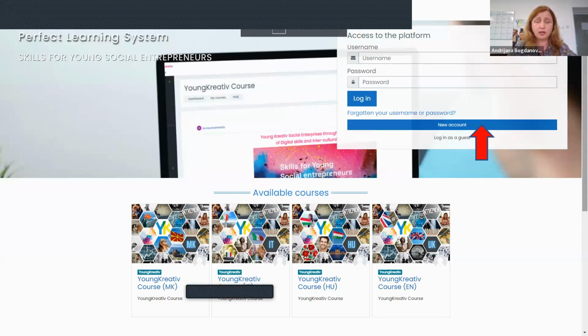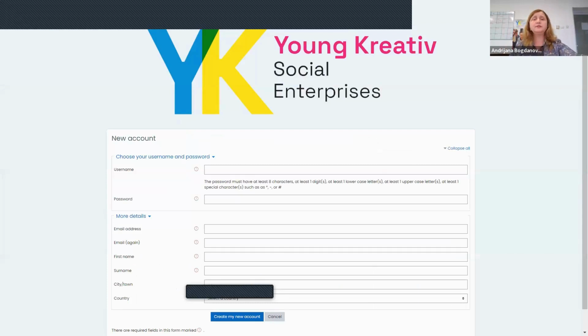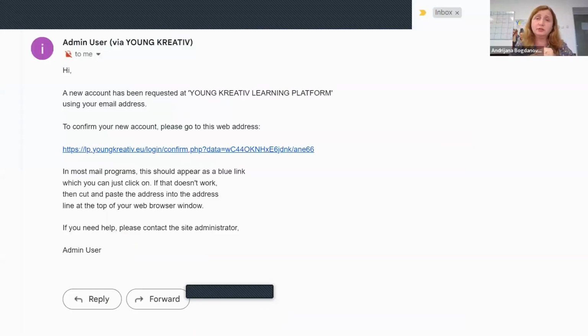So when you press the new account toolbar, you receive a very standard questionnaire. It is much simpler in our case, where you are only requested to enter very little information about yourself, in order for us on this side of the platform to know that you are a legitimate, real person that wants to access the platform, and not somebody who is attacking the platform or whatever. Once you register, you will receive at your email account information that you have been registered to the platform,